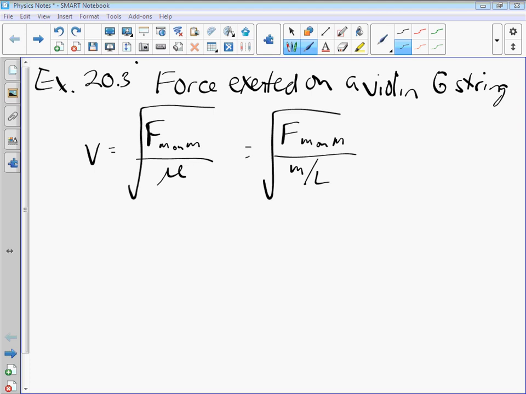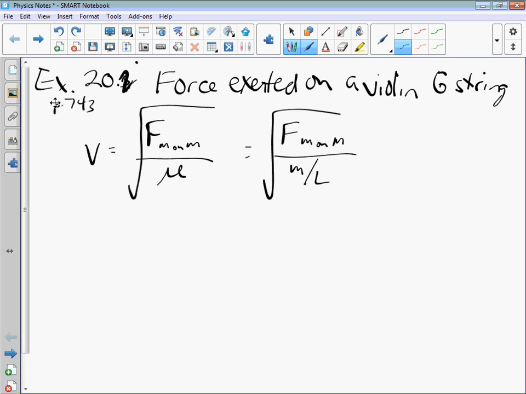Example problem. Oh, actually, it's 20.2. Example problem 20.2, because that looks nothing like a 2. 20.2, force exerted on a violin G string, which is on page